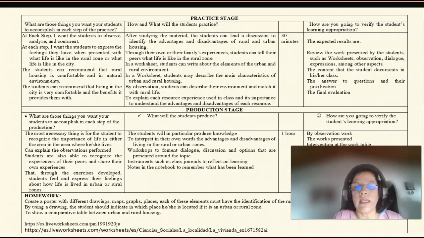Students produce knowledge, interpreting in their own words the advantages and disadvantages of living in the rural or urban zones. The learning appropriation is by observation, word presence, interview, participation in class, among others. And for homework, the students create a poster with different drawings, maps, graphs, and other elements, which must have the identification of the rural and